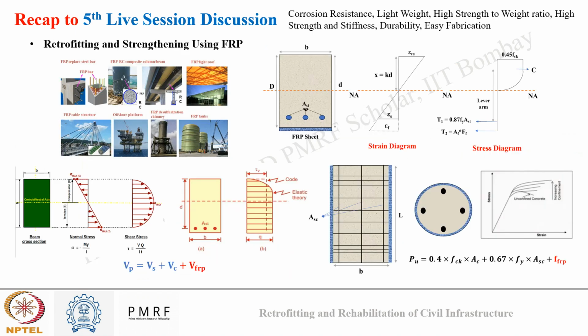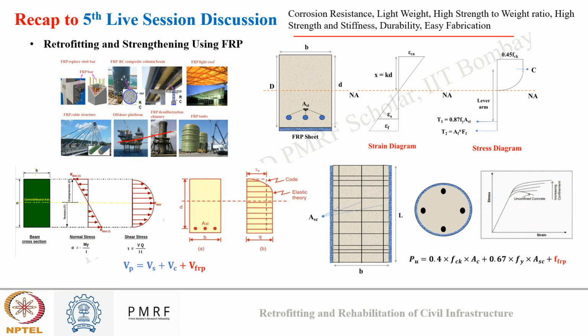After this, we talked about application of FRP in strengthening and retrofitting work. Why is FRP preferred over concrete and steel? Due to its corrosion resistance, light weight, high strength to weight ratio, high strength and stiffness, durability, and easy fabrication. We saw a few examples of how FRP is used in structural